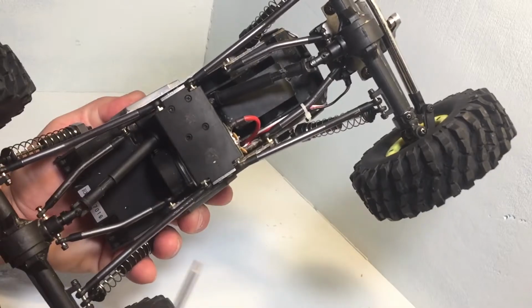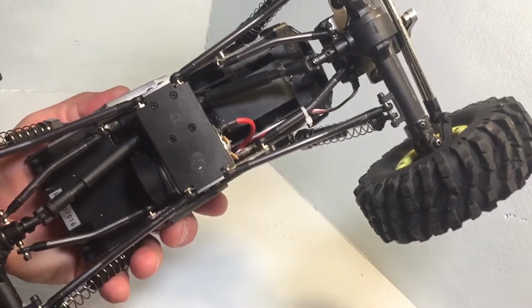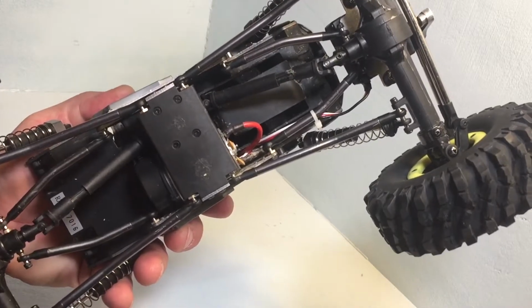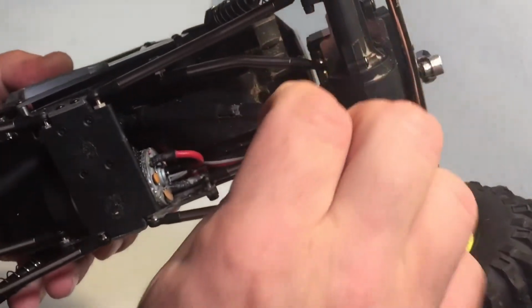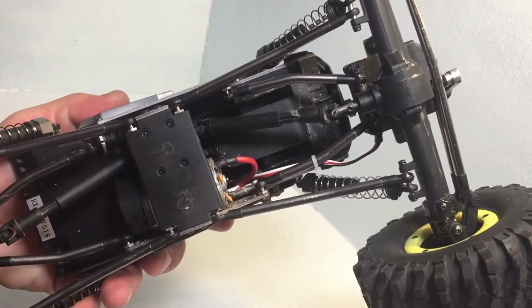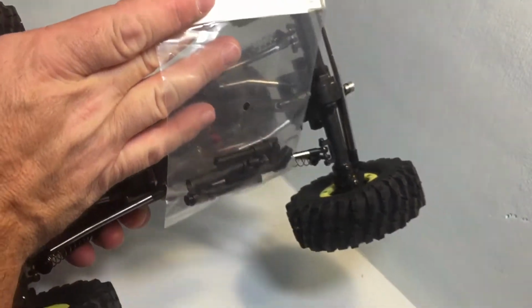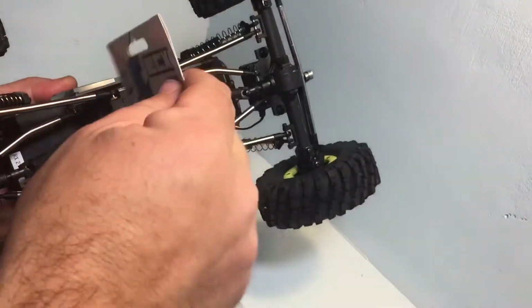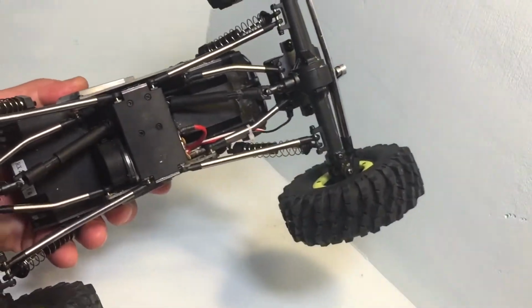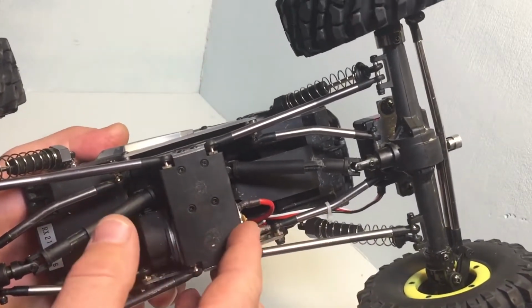But anyways, I reached out to Horizon Hobby about it, and went through the process from beginning to end. It took a couple weeks with a couple back and forth emails. They gave me no issues on it, and promptly sent out a set of new drive shafts, which are still in the bag, because while I was waiting to hear back from Horizon Hobby, I figured, why